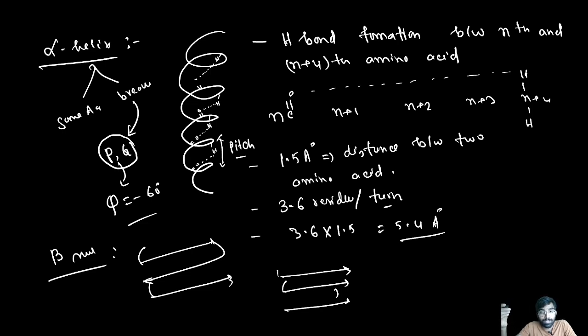Different kinds of questions can be asked from there. Which amino acid is a helix breaker, which amino acid is a helix maker, all these things. And what is a loop, what is a turn, what is the difference between loop and turn, different kinds of turns: alpha turn, beta turn, gamma turn. In case of beta turn, different types like type 1, type 2 beta turn. Now